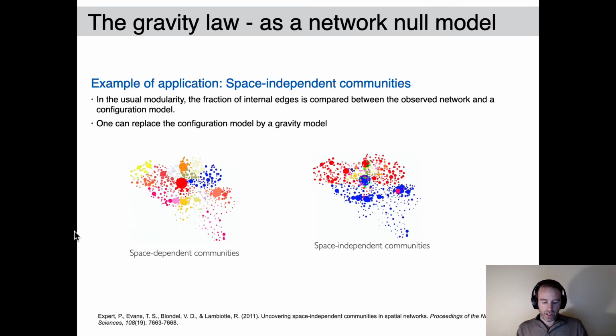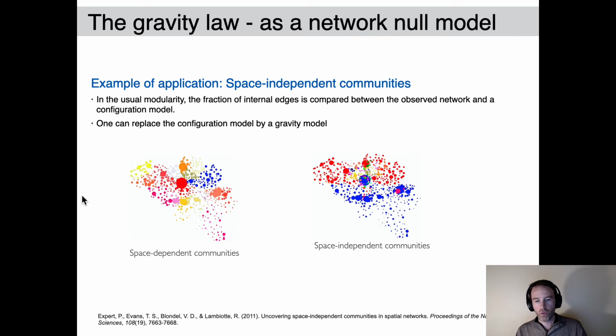So this random graph model can be used, just as any other model, as I said in the introduction, to compare your graph to this random graph. If you compare the clustering coefficient, for instance, between your graph and the random one generated by the corresponding gravity model, what is the difference? But it can also be used for an interesting application, which is proposed here, which is the detection of space-independent